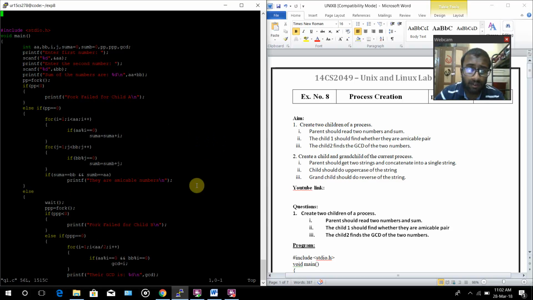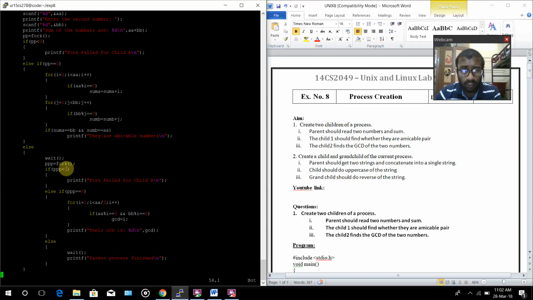So in the else part, I've used a wait. After the wait, I am again using the fork system call in the parent process, and I am checking if it is less than 0, it will print that fork failed, and if it is equal to 0, then I am finding the